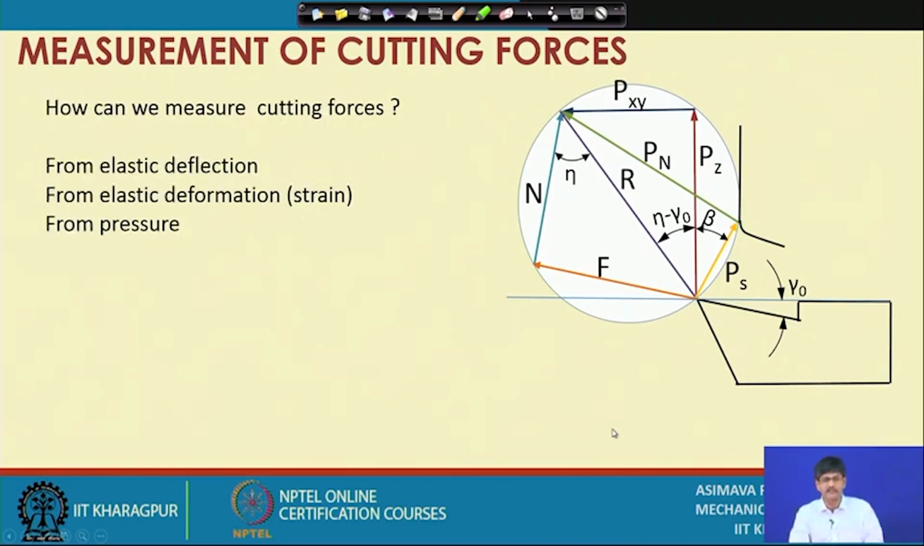How can we measure cutting forces? Cutting forces can be measured from elastic deflection. Now, what do we mean by that? We mean that under the action of cutting forces,